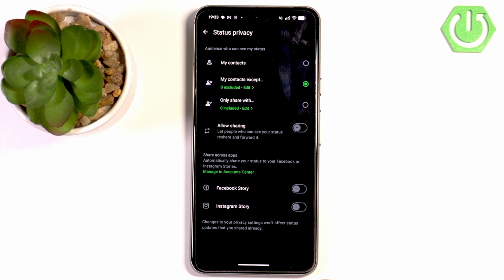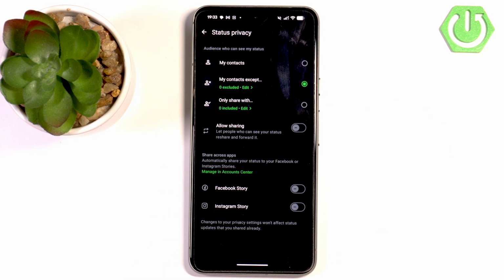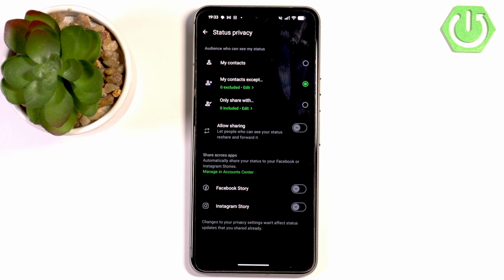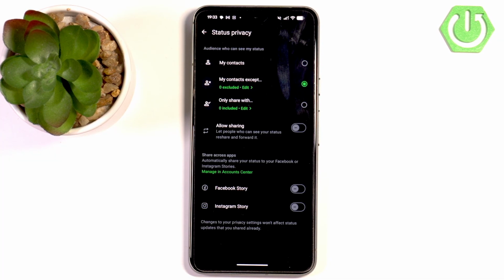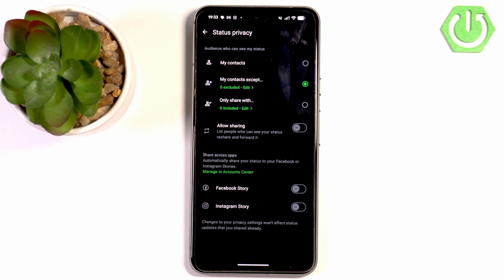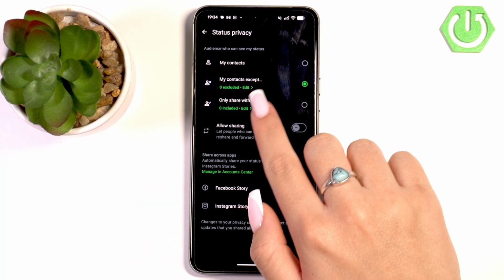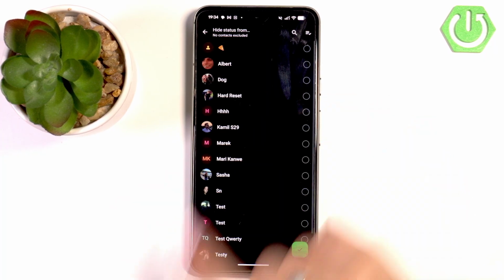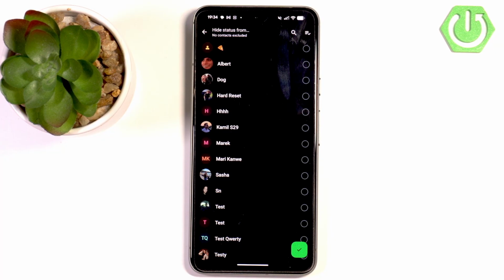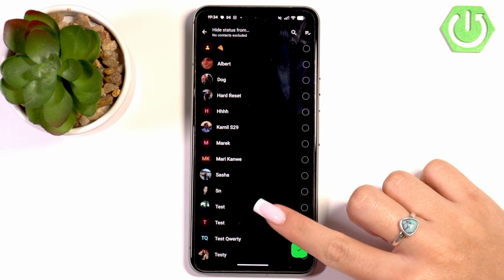So you will see here the section "Who can see my status", and you can select My contacts except, and you can also select only specific people who you want to share your status with, but I will go for the option My contacts except, and you need to tap on this option, and you need to scroll through your contacts list